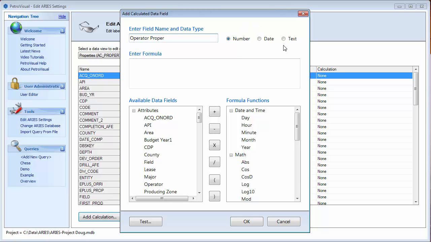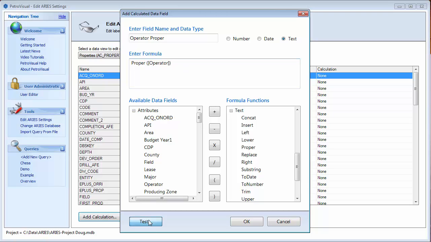We can make this a text value, and then move down, and you can see there are some date time formulas, math formulas, and a number of text formulas. If we pick proper, then come over here and say operator and then close off the parentheses, we can actually